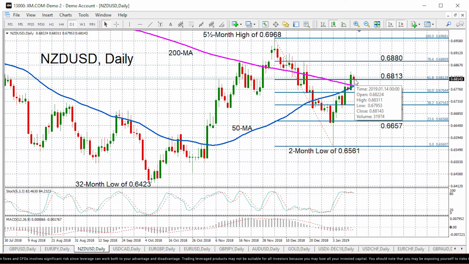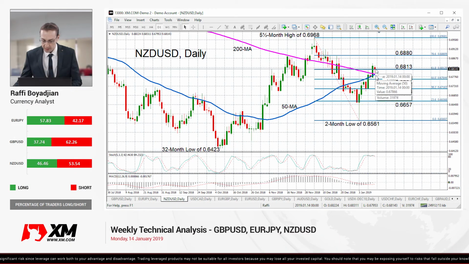But at the moment, though, prices are in negative territory with support likely to come at 0.6786. That's where the 50-day moving average currently is. Below that, we've got 50% Fibonacci at 0.6764. Dropping below that level would shift the near-term bias to neutral,